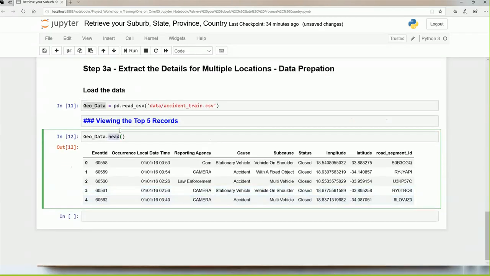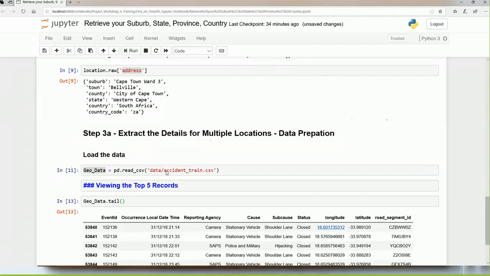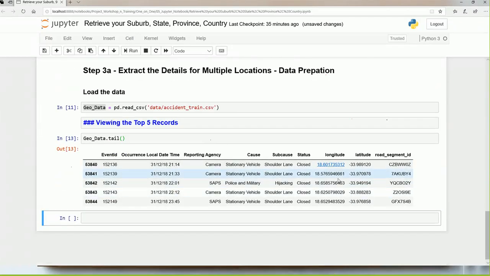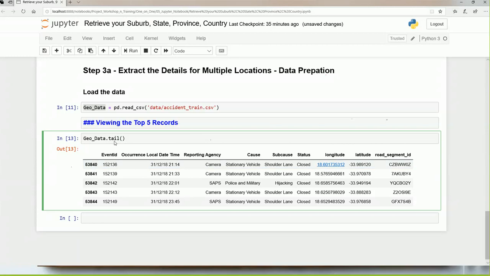I can also do the opposite of head, which is tail. You can see I'm getting the ones down there. All right, so if I go back to head,